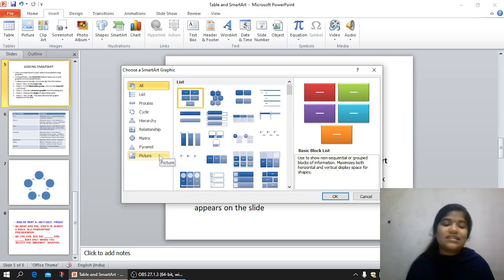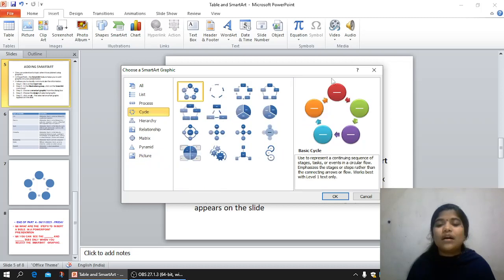We have many more options like text cycle, block cycle, non-directional cycle. Many more types of cycles are there. So I am choosing the first cycle, that is basic cycle. After choosing that option, I get a preview of this cycle in this area, and you can see what basic cycle actually is. It is used to represent a continuing sequence of stages, tasks, or events in a circular flow.